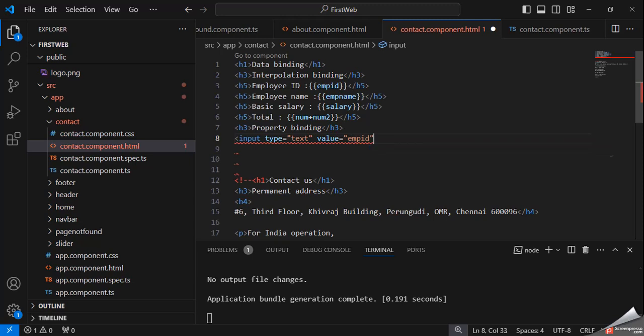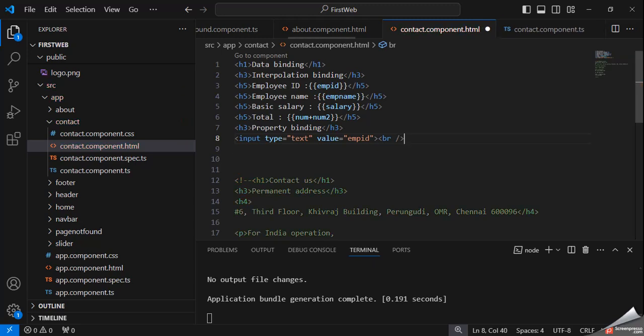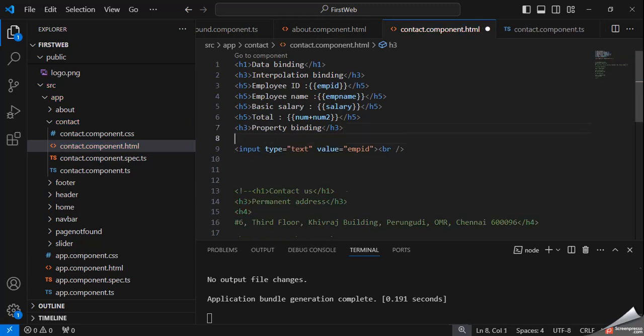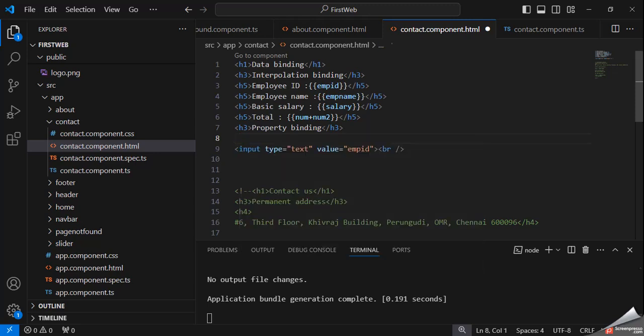Okay, suppose we want to show the employee id values here. This is a property.